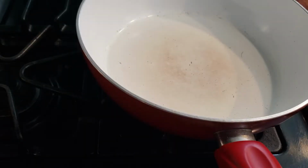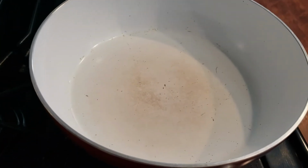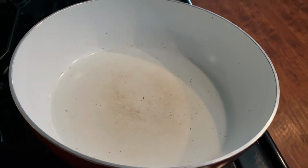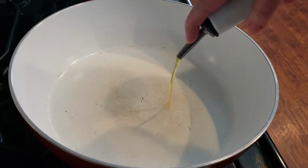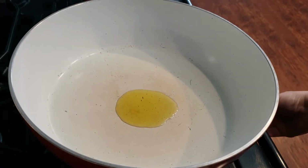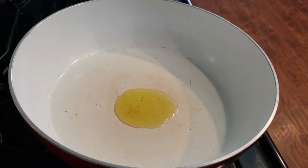Okay, so in your pan, let me bring you just a little bit closer here. In your pan, you're going to need 1 teaspoon of olive oil. And I'm just going to eye it. If you want to measure it out, you can. But I'm just going to put 1 teaspoon of olive oil. And I'm going to turn on my heat. After that heats up,